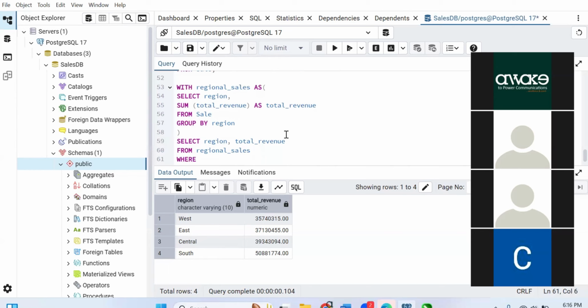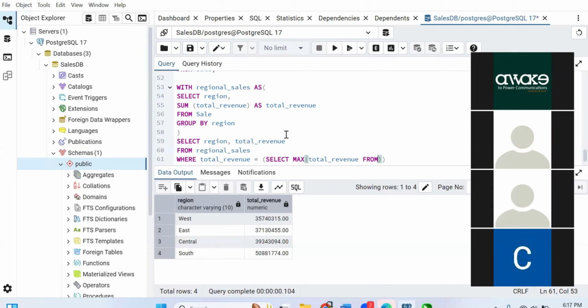We'll say WHERE total revenue equals the region with the highest revenue, right? Total revenue equals, open parentheses, SELECT the MAX of total revenue